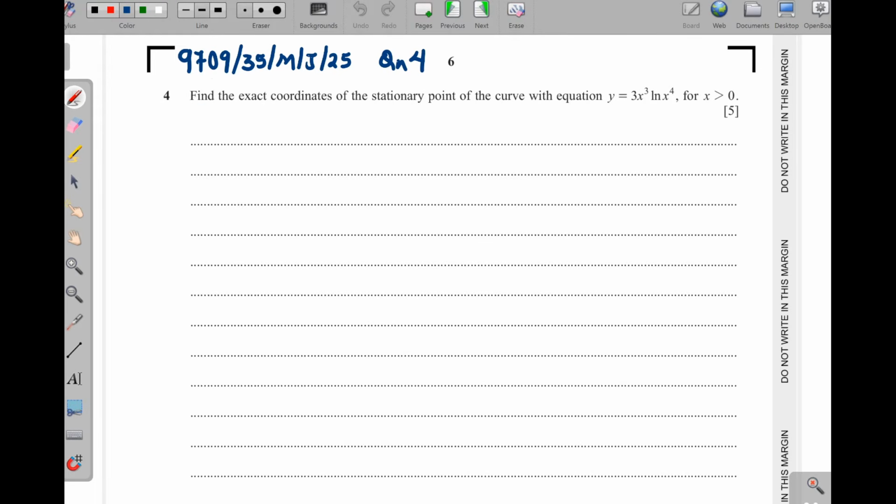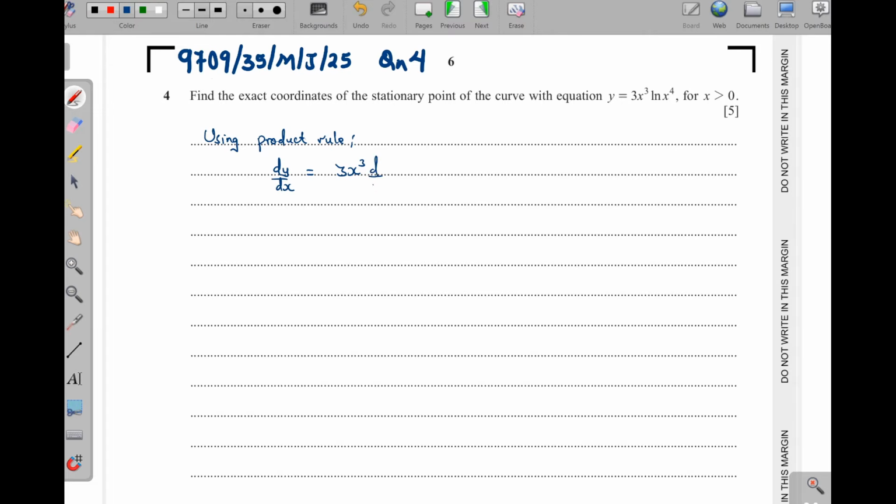Question 4 is coming from differentiation. Find the exact coordinates of the stationary point of the curve with this equation here for x greater than 0. And we can see that this one is a product of 2 functions. So therefore, to differentiate this one here, we shall use what? Product rule. So using product rule, this simply implies that our dy/dx shall be equal to, keep this one